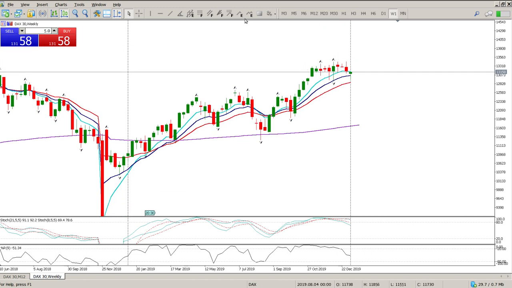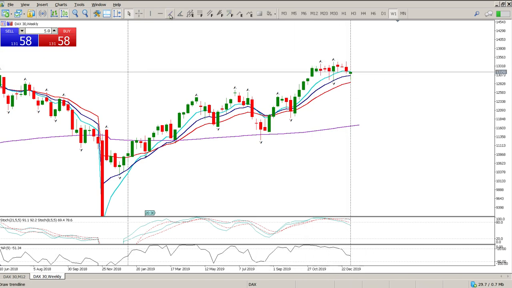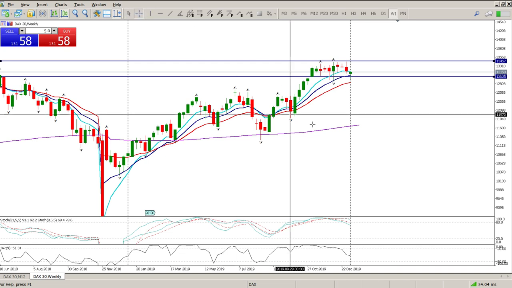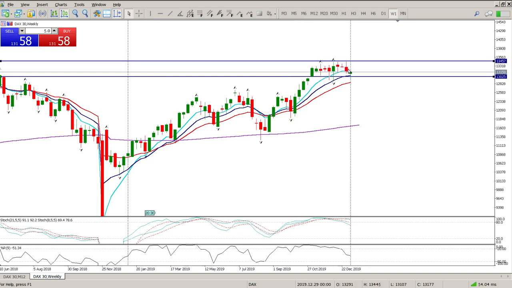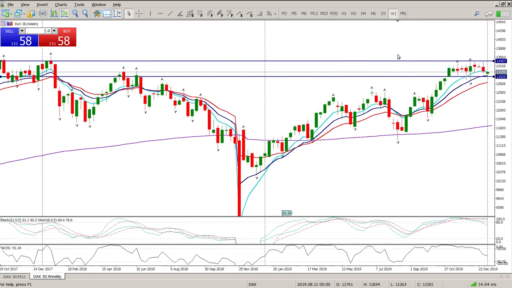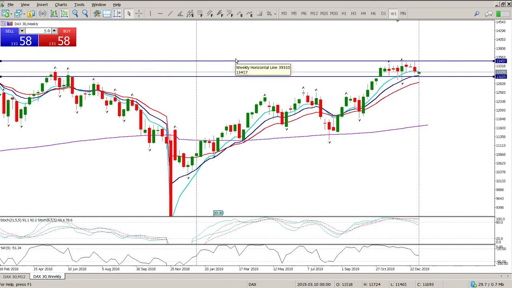But if you look at the weekly, I have 15 bars in this range, and I have a move of 1,400 points and then consolidation. So for me, the bigger picture is still to the upside. We are consolidating. We're not quite hitting the highs. We're hitting the close of the highs at the moment. So we're consolidating just above